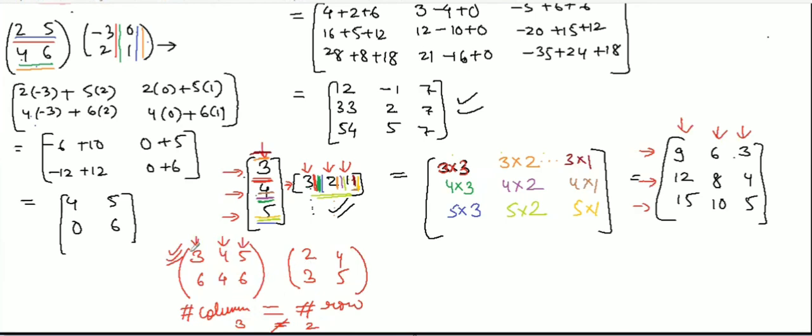So this is the rule. If you are going to multiply two matrices, check first. You may get a true or false question. Here 3 columns should match 3 rows, but here there are 3 columns and only 2 rows. So you can't multiply. Let's check: this row with this column, 3 multiplied by 2 plus 4 multiplied by 3 plus this number 5 should multiply some number here. So we can't multiply this matrix.